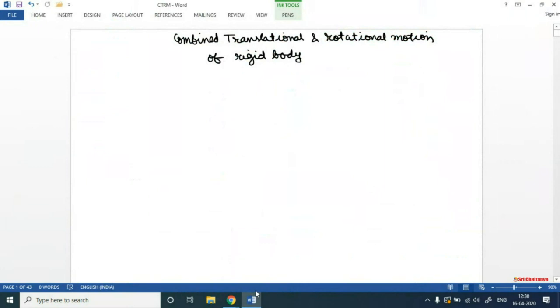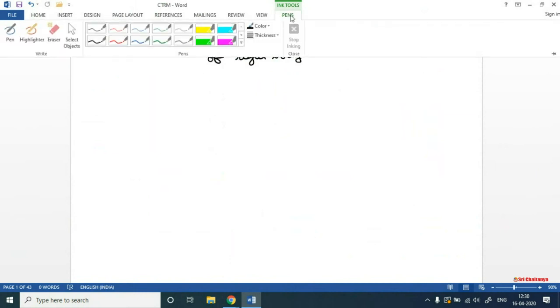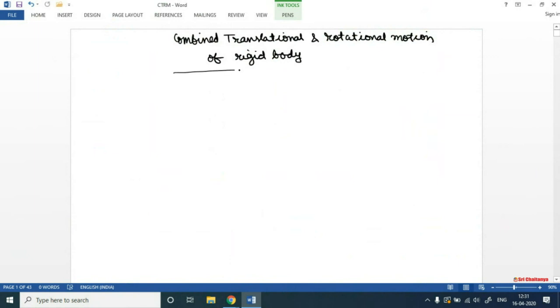So here we go. Combined translational and rotational motion. In order to study the combined translational and rotational motion of a rigid body, we need to understand two things. The first thing: combined translational and rotational motion, CTRM, we will be using this word for it. So, CTRM of a rigid body